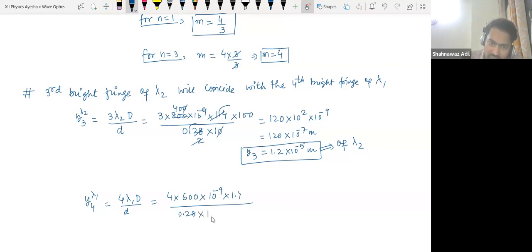So this 10 and then this 100. So this is 2, 10 is cancelled, and this is 2. So then this is how much? 6 to 120 into 10 to the power minus 9 into 10 to the power 2. Same as this one, so we'll get 1.2 into 10 to the power minus 5 meter